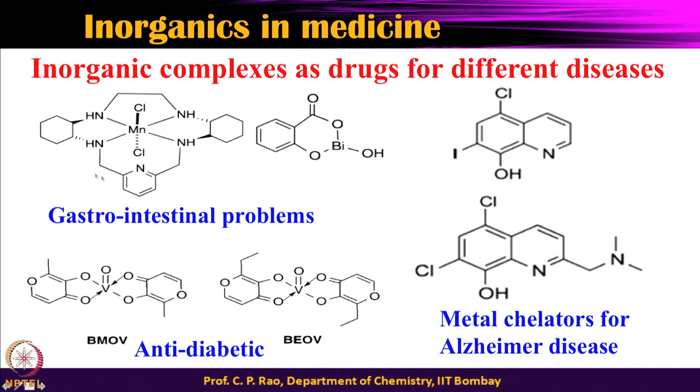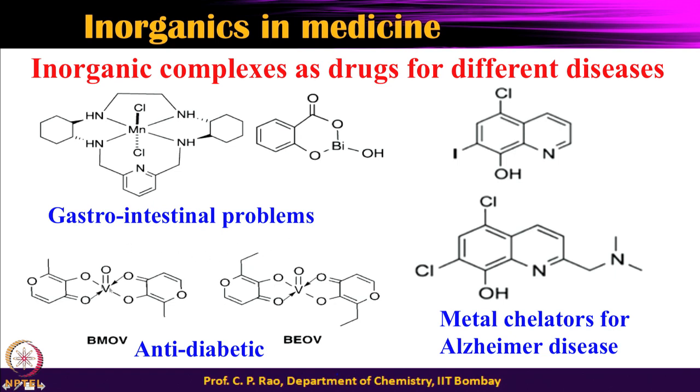It is a cyclic ligand with the manganese. Here you have gastrointestinal bismuth hydroxide, but bismuth hydroxide is coupled with this kind of a chelate, so that you have only one hydroxy group. So, these are used in